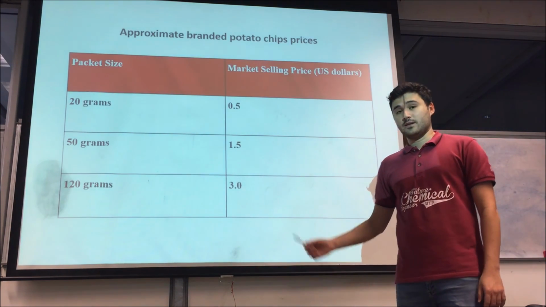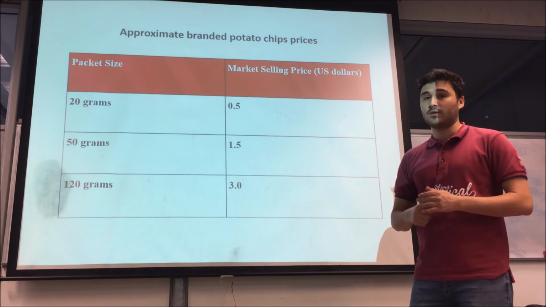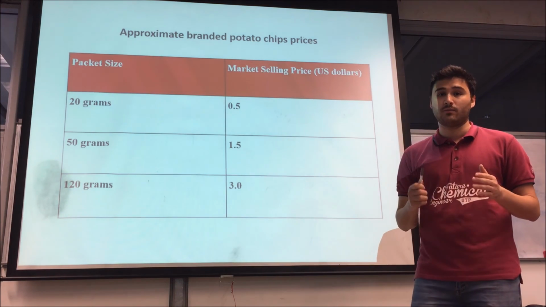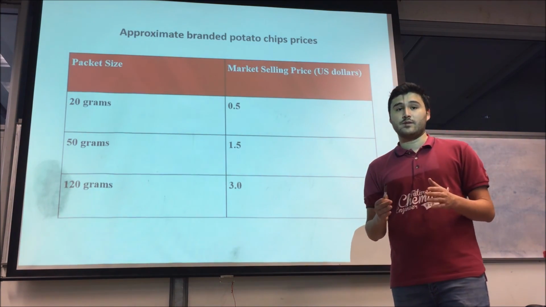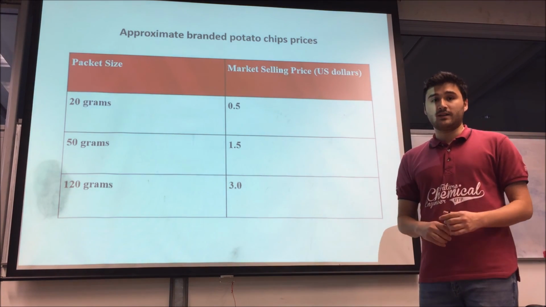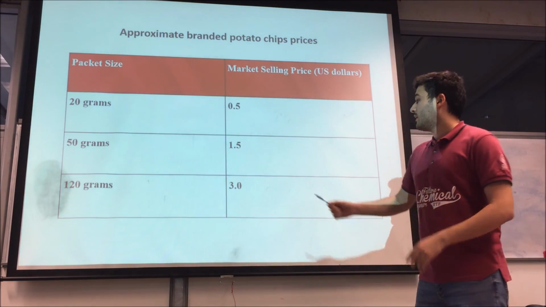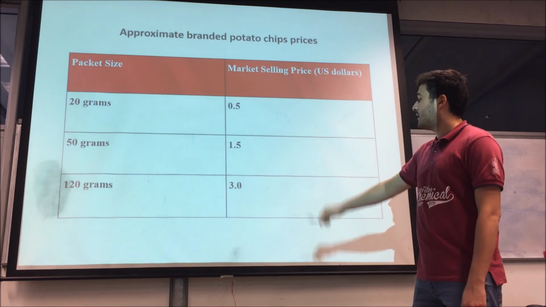On this slide, you can see the approximate prices for potato chip products. Normally, 50% of the production will be flavored with salt, while the remaining 50% will have other flavors. In this table, approximate branded potato chip prices are shown depending on different packet sizes. In this way, if you want to buy a 120 gram packet size, you should pay $3